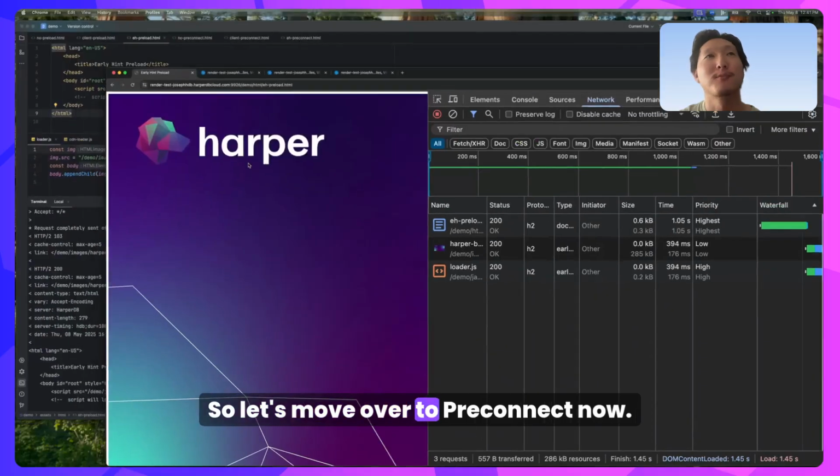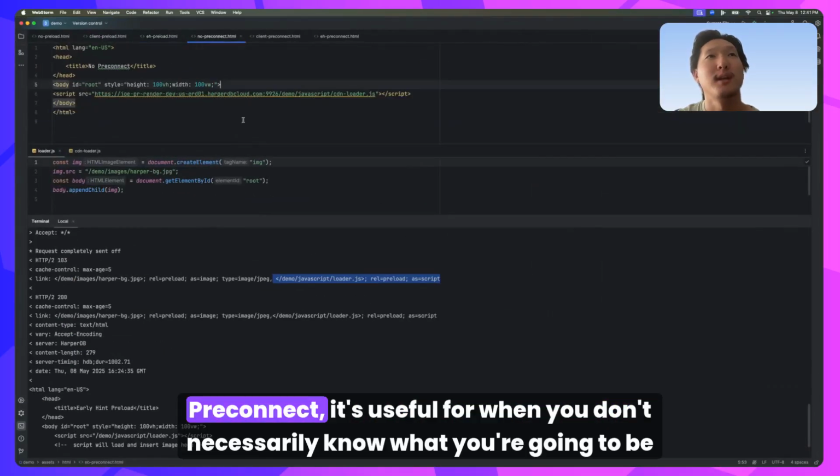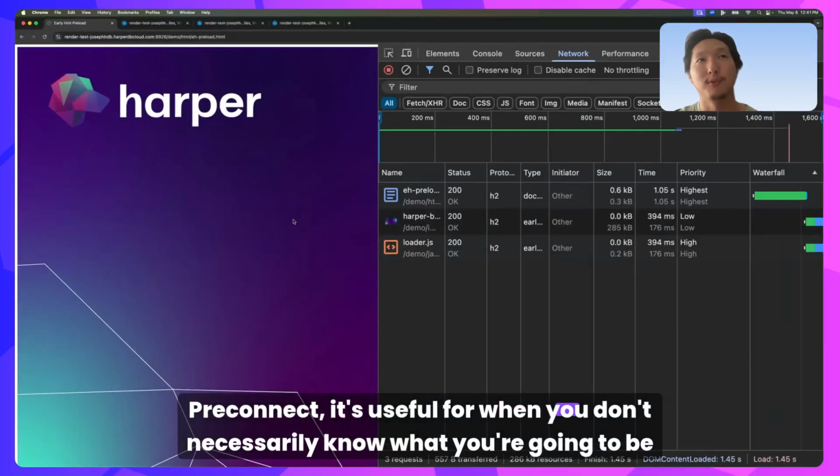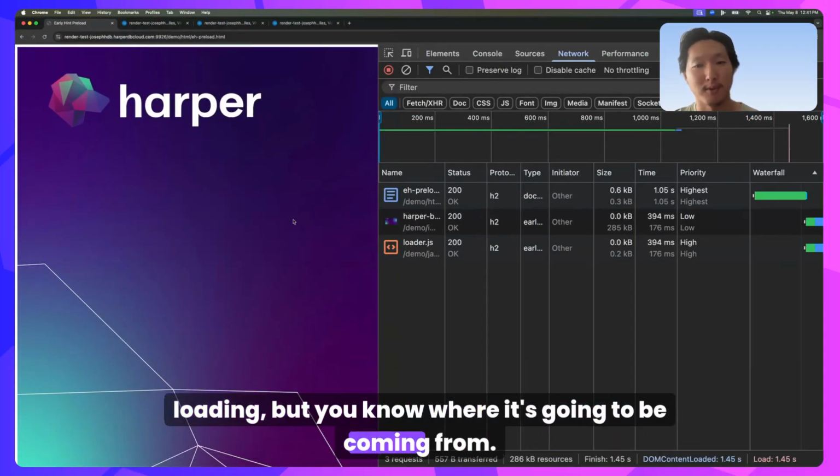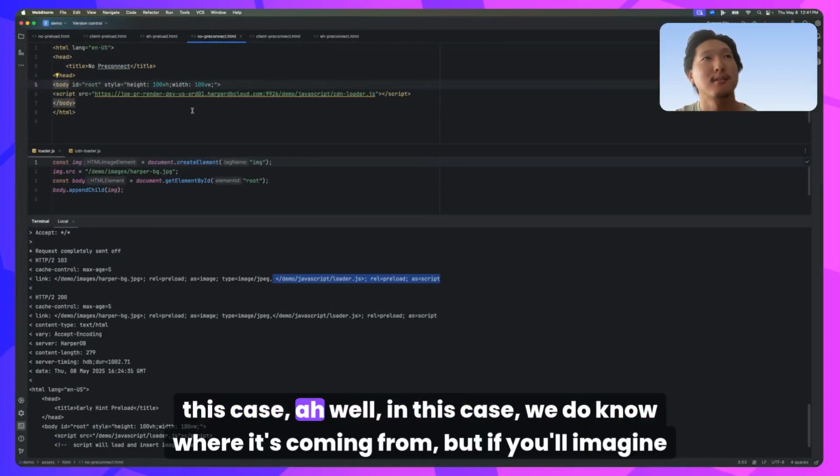So let's move over to Preconnect now. Preconnect is useful for when you don't necessarily know what you're going to be loading, but you know where it's going to be coming from. In this case we do know where it's coming from, but if you'll imagine with me,